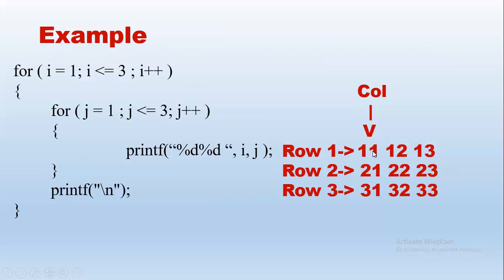So we print 1, 1, which is row 1 and column 1. If we take, for example, 2, 3, this is row 2 and column 3. And 3, 1 will be row 3, column 1. Similarly, 3, 3 will be row 3, column 3. So this nested loop will help us to print the pattern in this format. The first variable i gives the row number, the second variable j gives the column number. I hope this example will act as an apt prerequisite to understand the problems we have next.